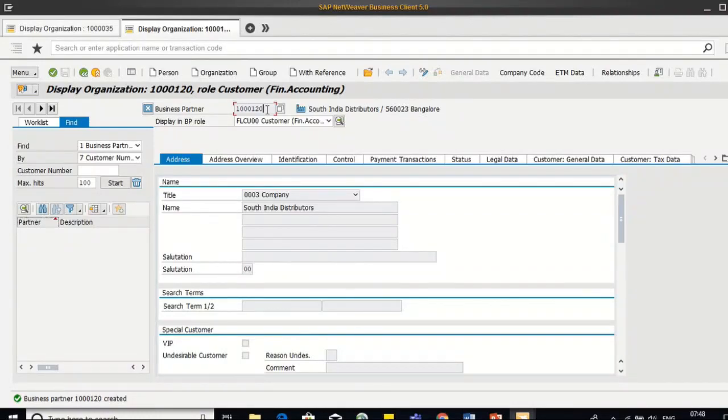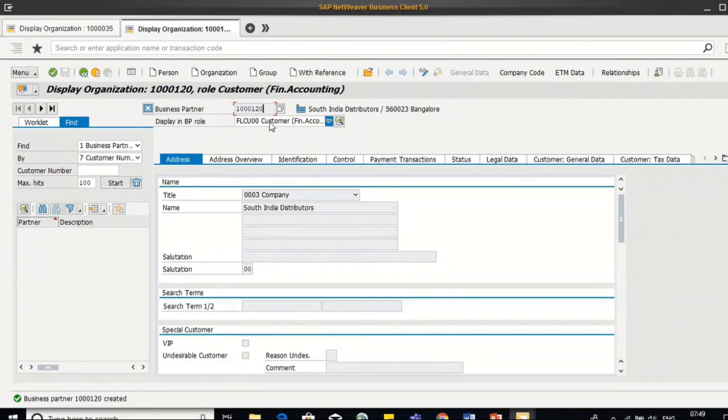Okay. So now when I have created a business partner, this data is updated only in business partner tables. Currently, it is not updated in customer tables. Okay. So the difference is only carried out in the front end in UI, but in the back end, the tables are